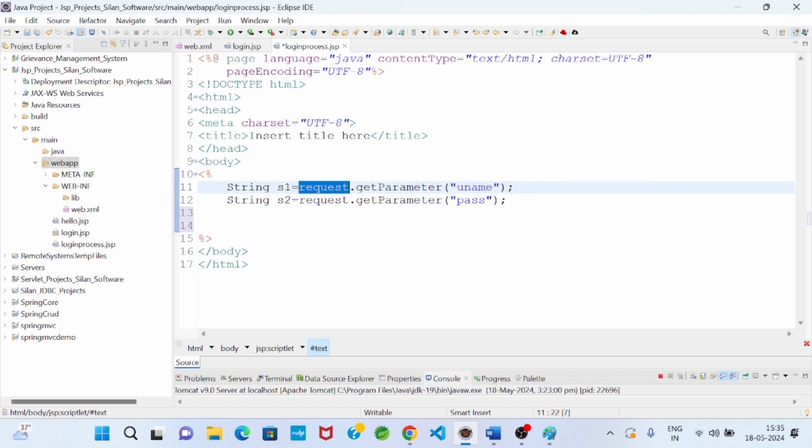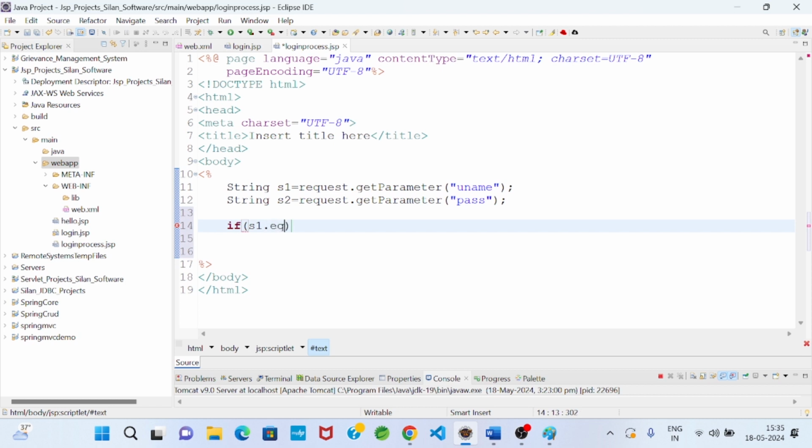That means when a JSP page is executing, first it is translated into a servlet. In every JSP page servlet API is by default available. Otherwise, how is request understood? Request is the object of the HttpServletRequest interface, coming from javax.servlet.http package. So we are not mentioning it. This is the advantage of JSP. Otherwise, logic is same. So now username assigned in s1, password assigned in s2.